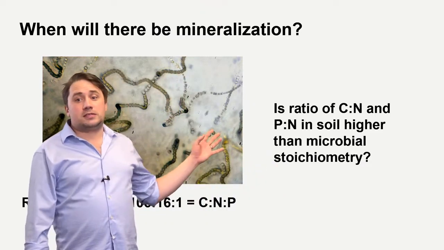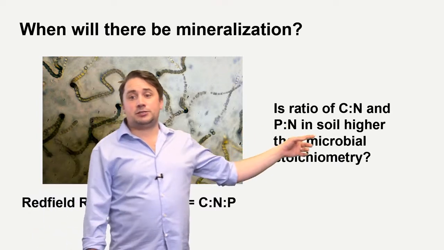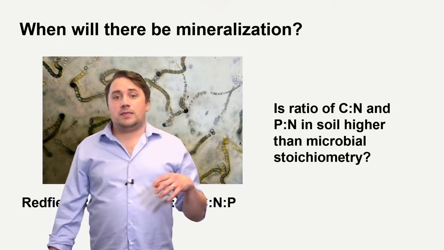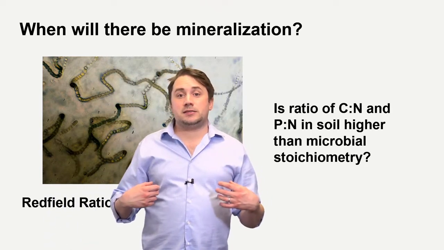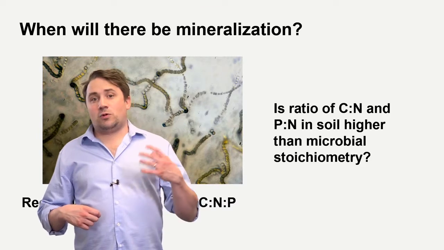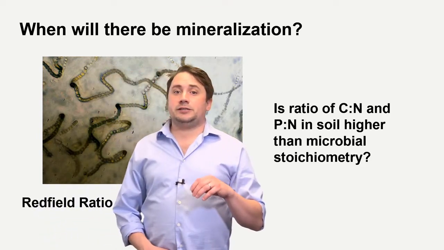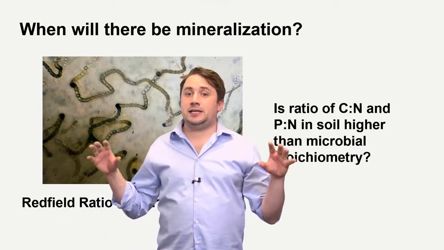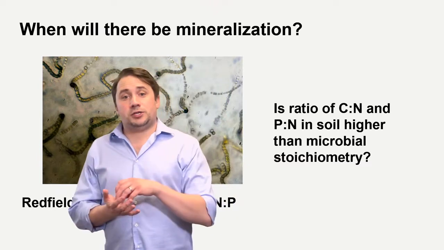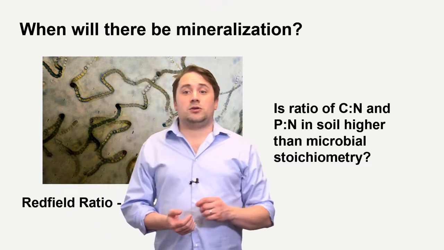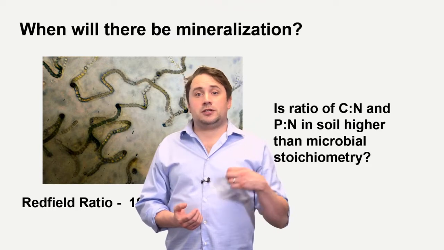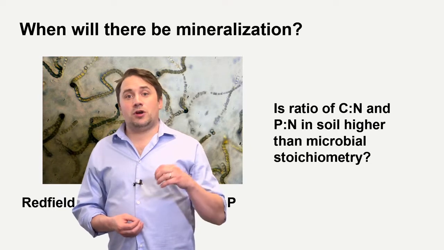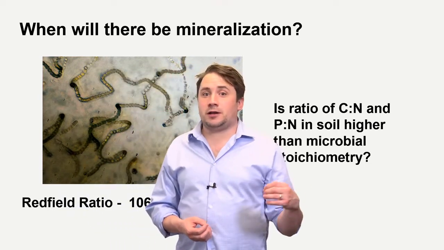So in terms of carbon and nitrogen, if the carbon to nitrogen ratio or the phosphorus to nitrogen ratio in soil is higher than what the microbial stoichiometry demands, so if there's more carbon and more phosphorus in the soil than there is nitrogen, then microbes are going to really strongly retain that nitrogen because they have an abundance of everything else that they need to grow. And so that nitrogen is the limiting element for their growth. As a result, if your carbon to nitrogen and your phosphorus to nitrogen ratios are high in the soil, you will have no mineralization. You'll have no release of nitrogen